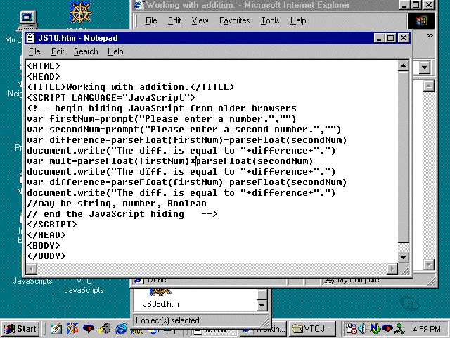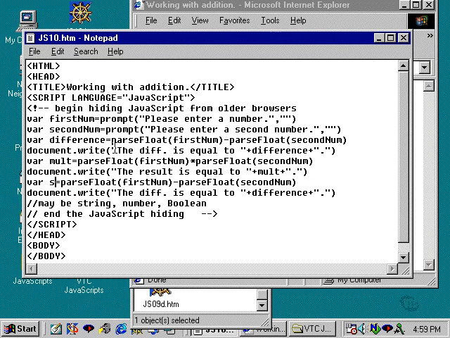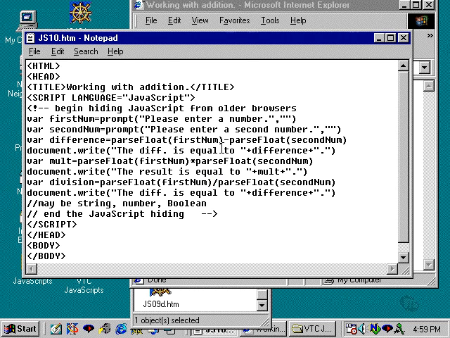Okay, document.write. Here, it's going to be the result is equal to plus mult here. And this one's going to be division equals parseFloat first num. And then division is done by the slash, which is the key next to the shift key. And then type dividing yields